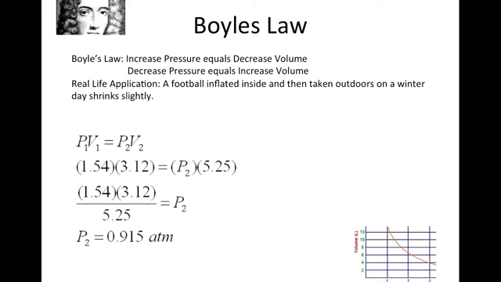And my problem is P1 times V1 is equal to P2 times V2. So 1.454 times 3.12 is equal to P2, which we're solving for, times 5.25. So as you can see, P2 turns out to be 1.54, 3.12 over 5.25. P2 finally turning out to be